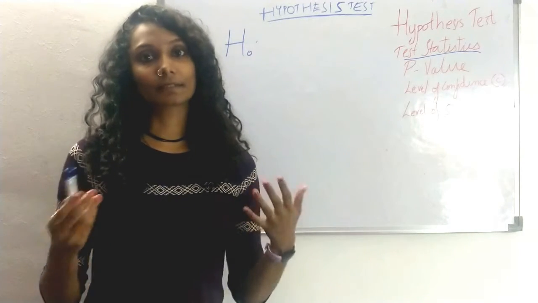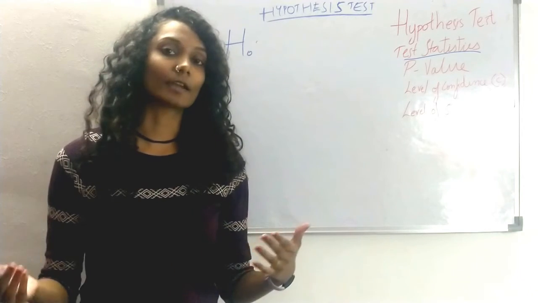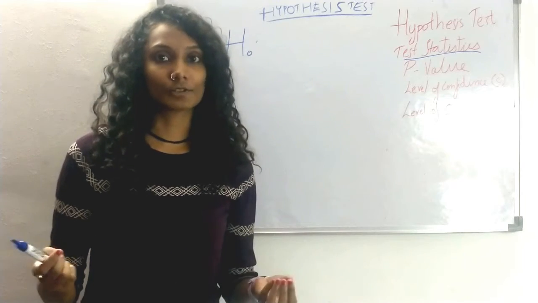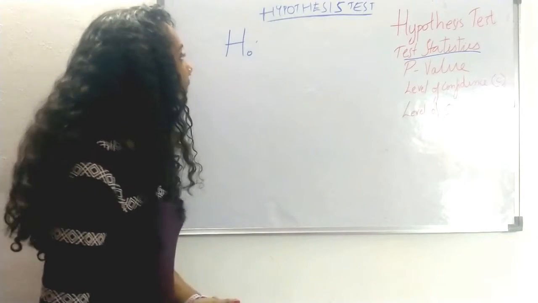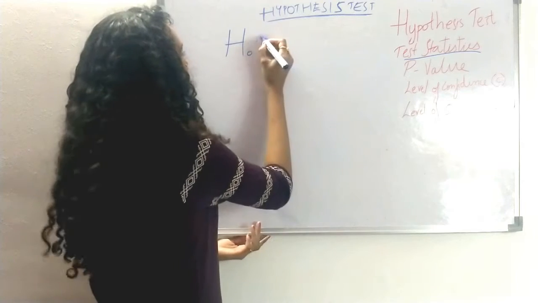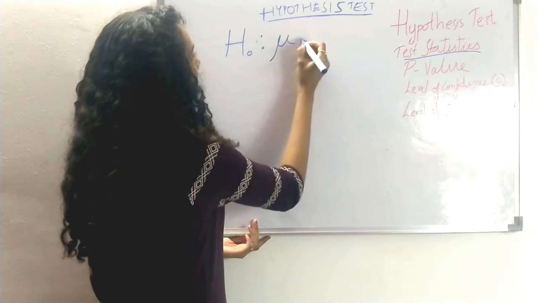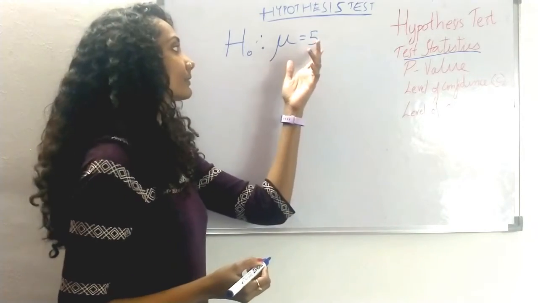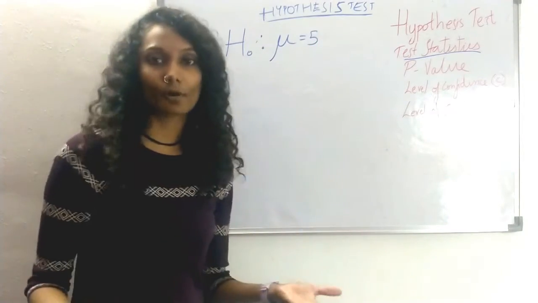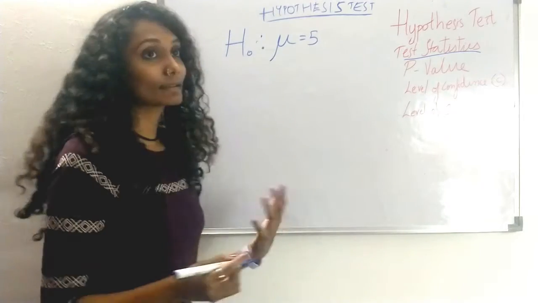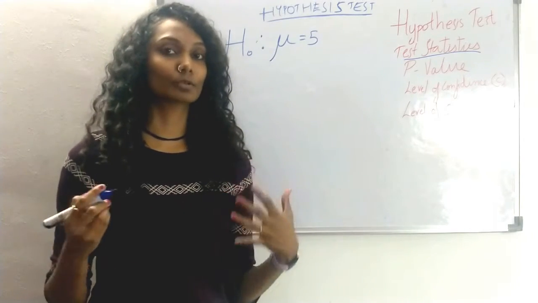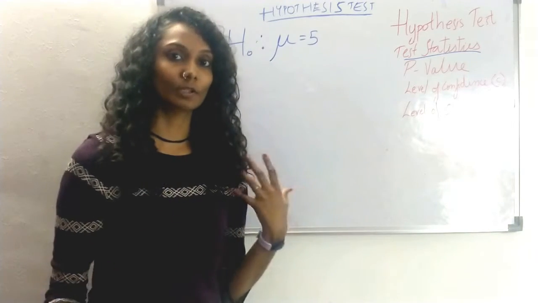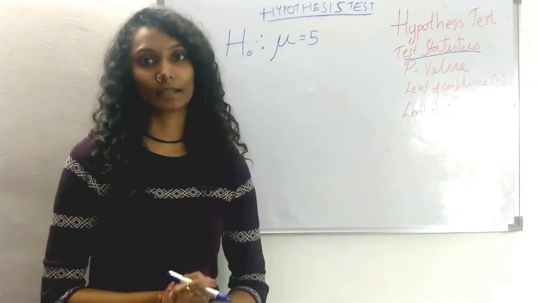Consider there is a lady manufacturing candy bars, and she claims that on an average I use 5 nuts in each candy bar. So that is a claim she made, and if we have to write that mathematically, the average of the number of nuts in each candy bar is 5, and this is the default statement. But there is a customer who comes to her and claims that no, the average is way lesser than that. I don't get to eat 5 nuts in the candy bar every time I buy it.